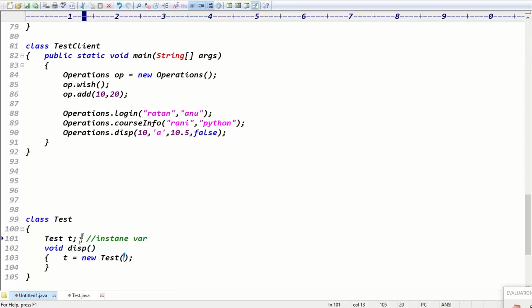Yeah, that is the point basically. But in application level, we never create the object like this: Test T equal new Test. This is basically logic part, right? Inside the class, we cannot put the logic directly. This line is valid syntax-wise, there are no issues, but we never write the code like this. Inside the class, first you can do the declaration of variables only. Inside the method I created the object and assigned it to T. T is an instance variable, so we can access this object throughout the class, right? Is the point clear?